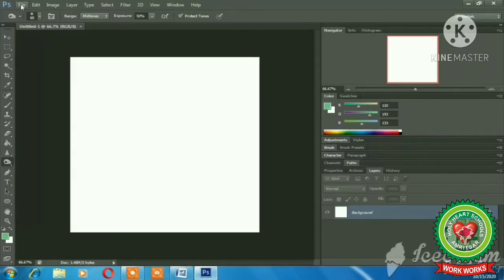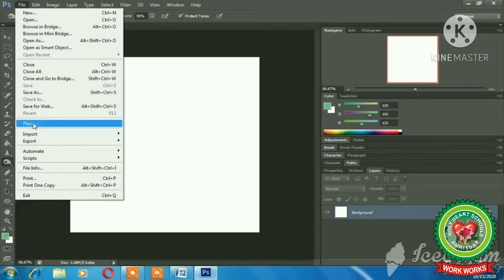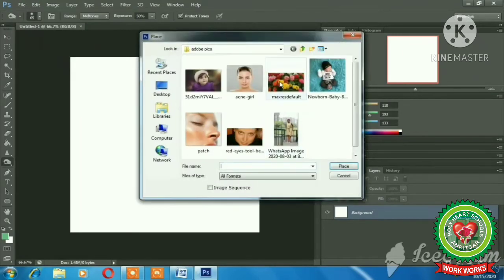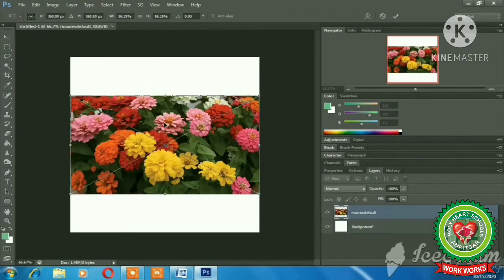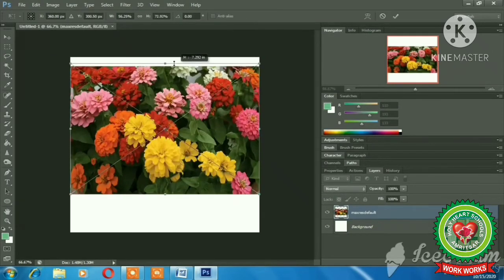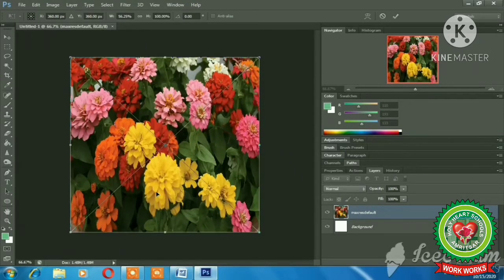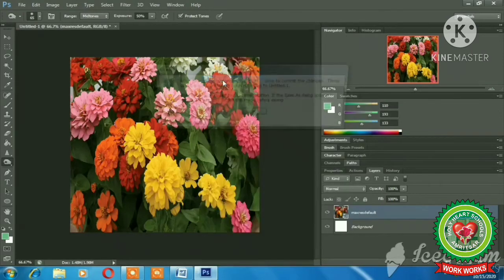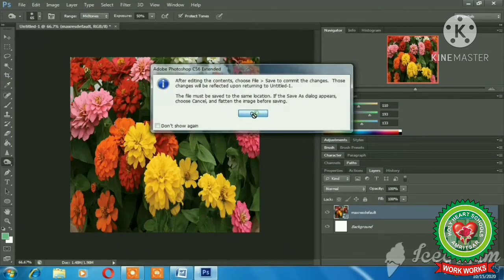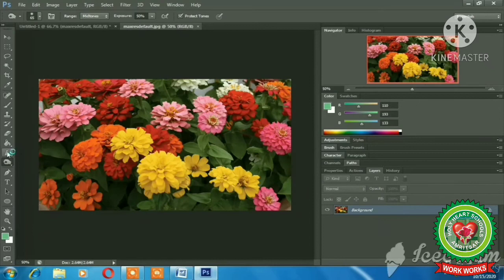For better understanding, we will open Adobe Photoshop, click on File menu, Place option. I'll take this image, Place button, then hold and drag the mouse to adjust the height and width of the image. Then right click, Edit Content, OK to make the changes.